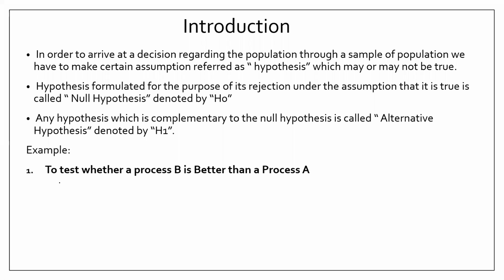For example, let's say I'm going to test whether a process B is better than a process A. So you have two processes or two methods for a single data set which you have tested. Now you have to check whether process B is better or process A is better. Always remember that you have to formulate H naught only, the null hypothesis. H1 will be its alternative, meaning whatever H naught has been formulated, its reverse will be H1. So H1 we will come to know automatically. H naught we have to assume.